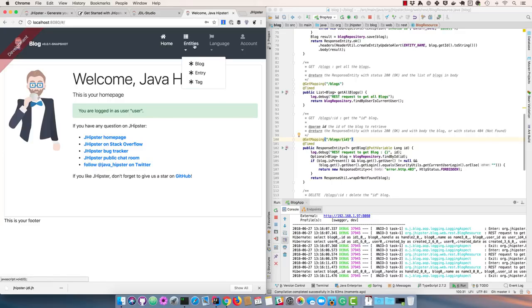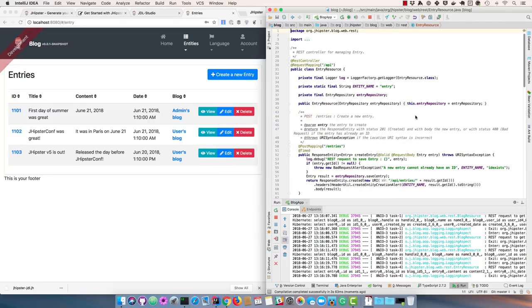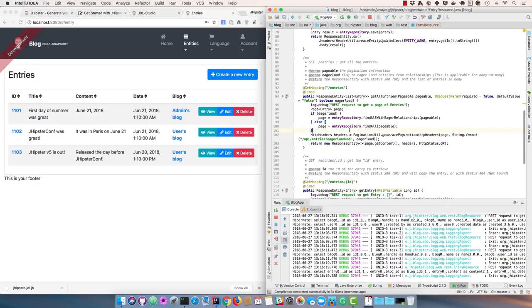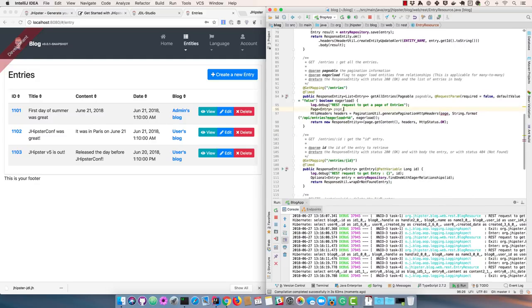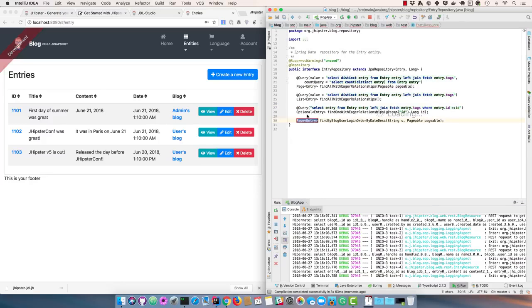The other thing is we want to limit entries. So in EntryResource, we'll go into the getAllEntries, and we'll change this to equal entryRepository.findByBlogUserLoginOrderByDateDesc. That is a method that we're going to create on our repository, and once we have that, Spring Data JPA will take care of creating a query that matches that says find by the user's login and then order by date descending. So we can create this on our repository, and we'll just change this to current user login,